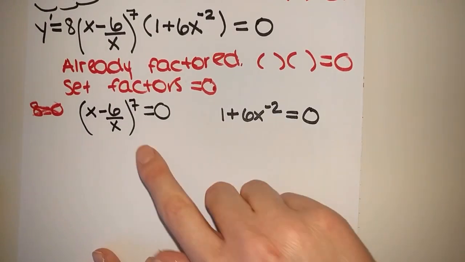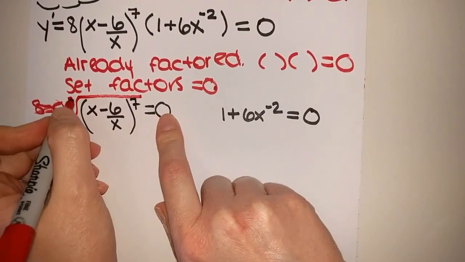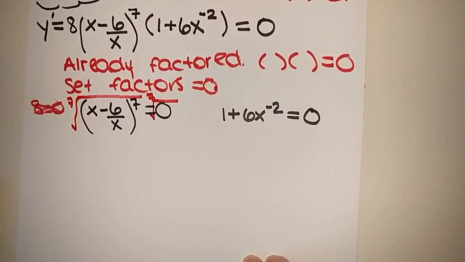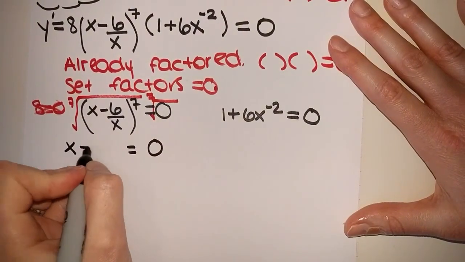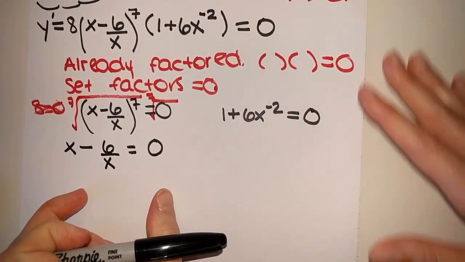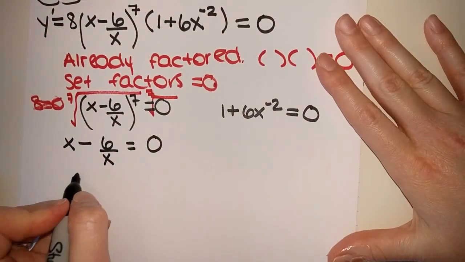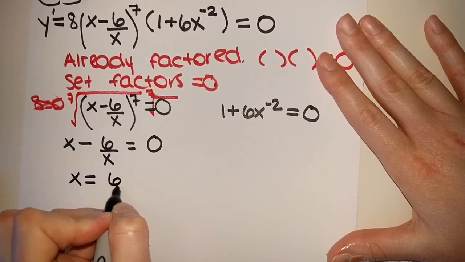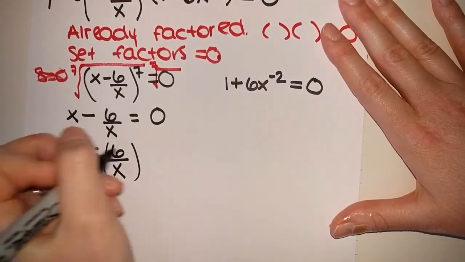Now, do note that you can easily get rid of the 7th power by taking the 7th root of both sides. And when you take the 7th root of 0, you will just have 0 on the right-hand side still, and then the x minus 6 over x. Okay, so let's focus on solving this equation. I think what most people would do is they would move the 6 over x to the other side. So that would give you x is equal to 6 over x, and then multiply both sides by x,